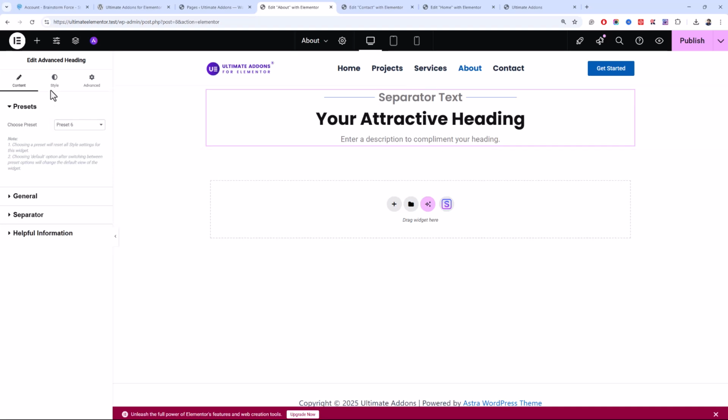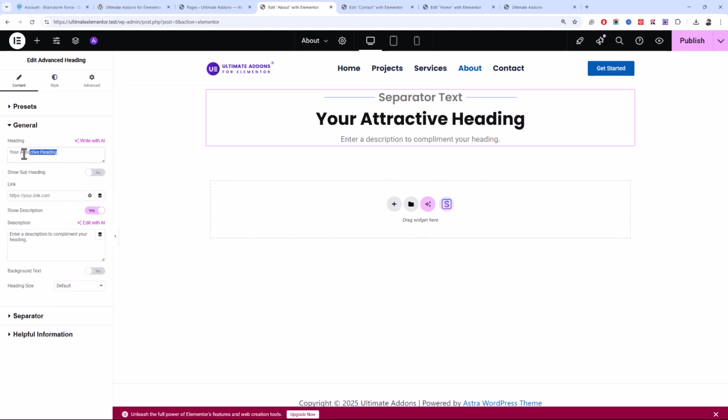Basically, you can use the advanced heading widget to quickly create amazing looking headings, and then you can customize your text over here: heading, link, description, background text. You can further customize each preset with some of these settings,